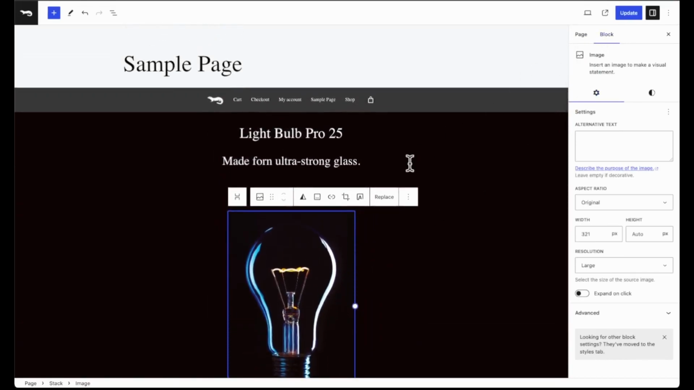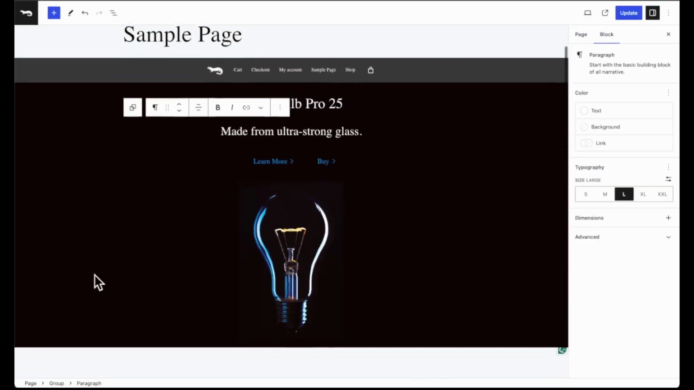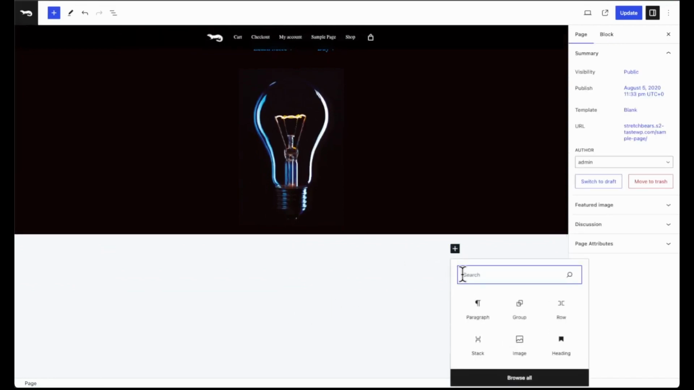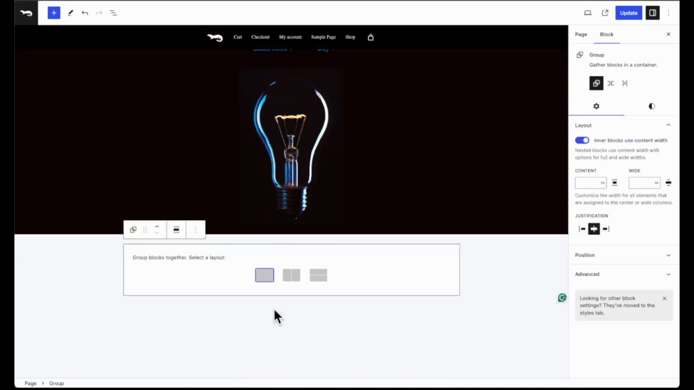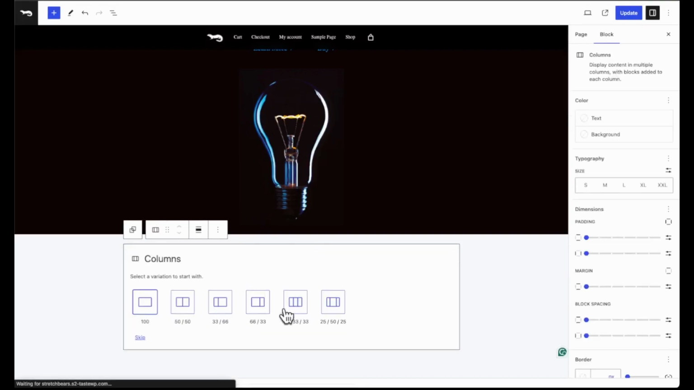There we go. I'm going to update it. Moving on to the next section is going to go fairly quick because we're just going to, again, add a group block. Going to add a column block, do the 50-50 split,